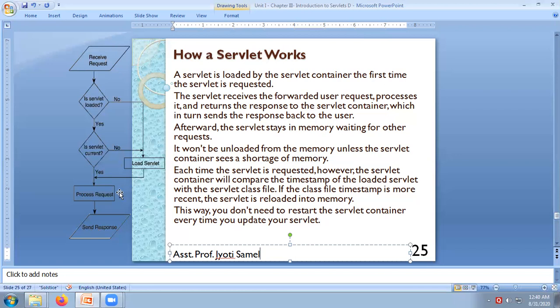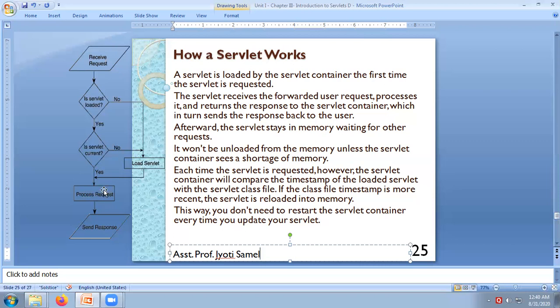Now we will move ahead to the second scenario, where the request is old. Now again, if the request is old, then too we will see whether the servlet will be loaded again, or it will be processed as it is. As you know, servlet gives us a dynamic response.